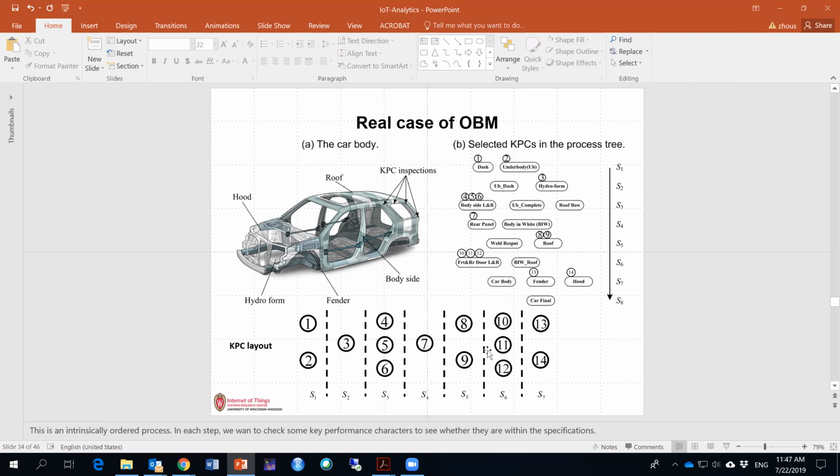So this multi-stage manufacturing process has potential interactions between different stages. For quality control or process monitoring purposes, we often need to find out what are the unique relationships between different quality characteristics at different stages. So we want to find out this conditional dependence between different stages. With that information, we can monitor and diagnose the manufacturing problems more effectively. So this is our goal in this work.